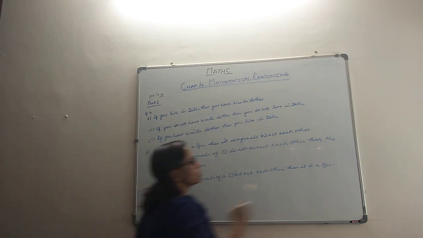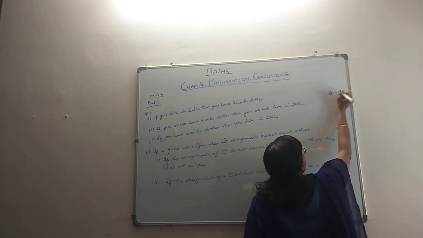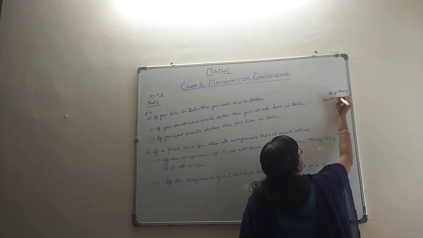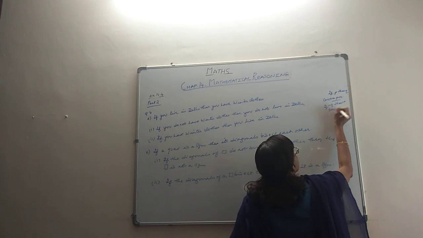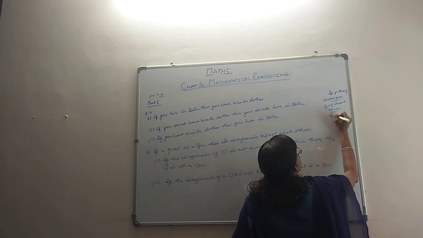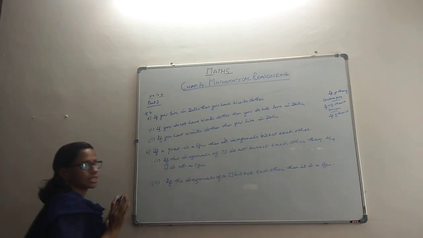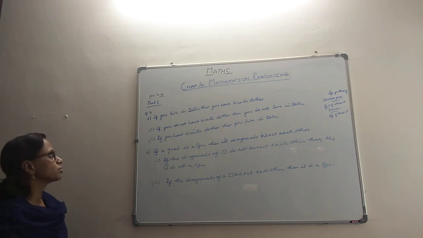We can have a small revision: whenever you have an if-then statement, like if P then Q, the contrapositive statement is if negative Q then negative P, right? And the converse statement is if Q then P. So that's it. We just have to read the statement, find P and Q, and then trace out which is which.